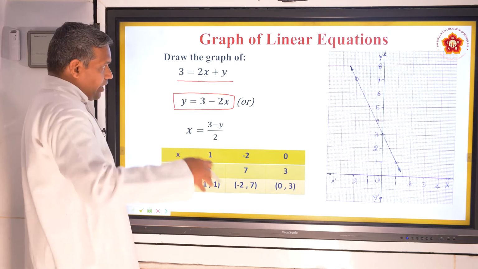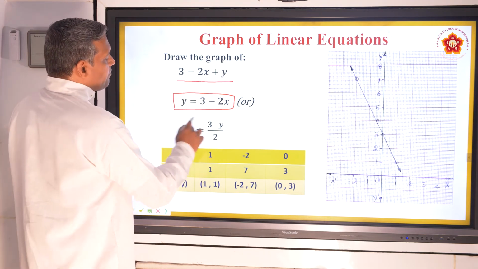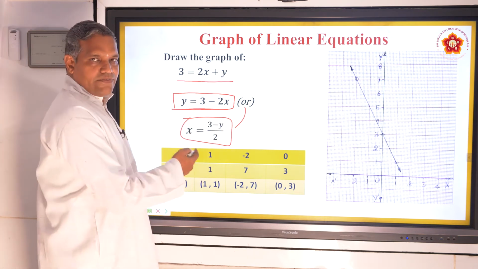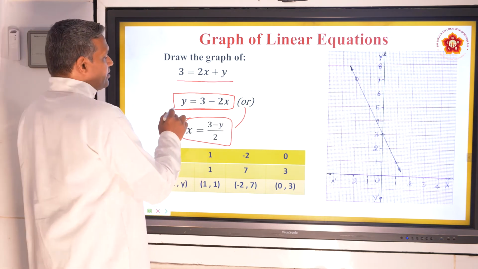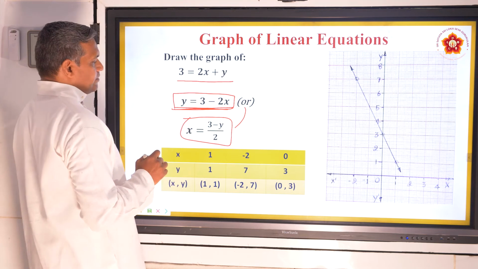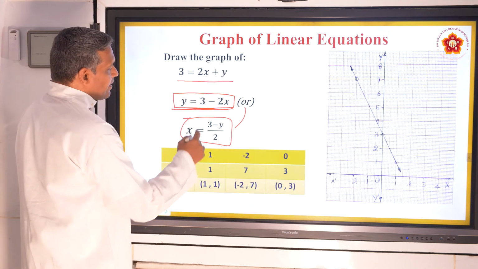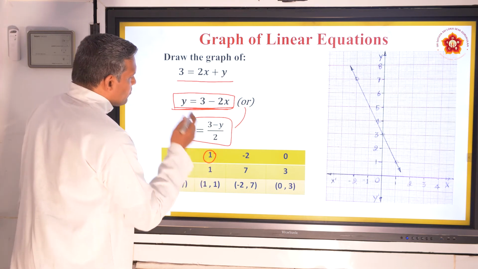Otherwise, if you ask, Anna, can I take x is equals to, yes, I've given this. You can use this or this. But I use this now. You can always use this, I don't object, but it's more comfortable for me to take this. Okay. Now, this box also I showed a few minutes back. And if you look into it, x is equals to 1, I take.